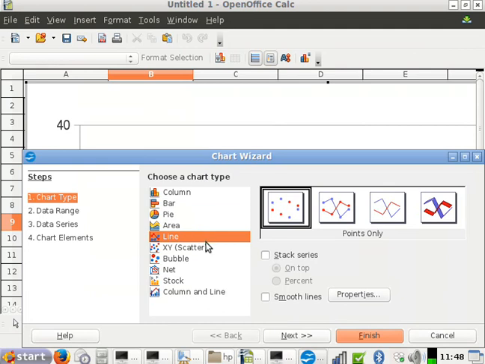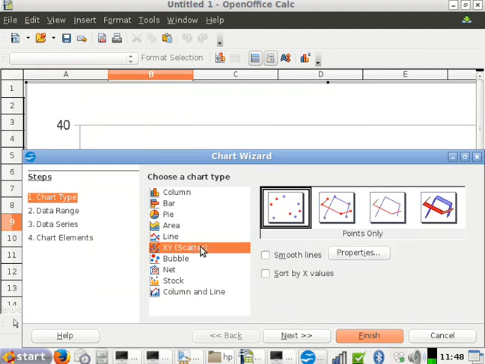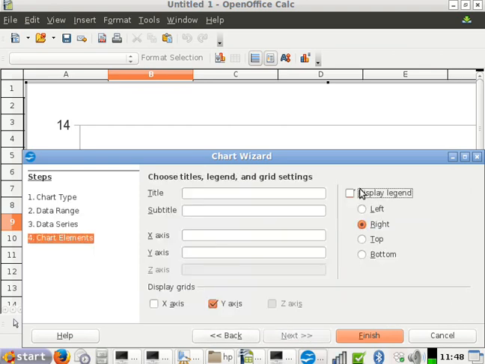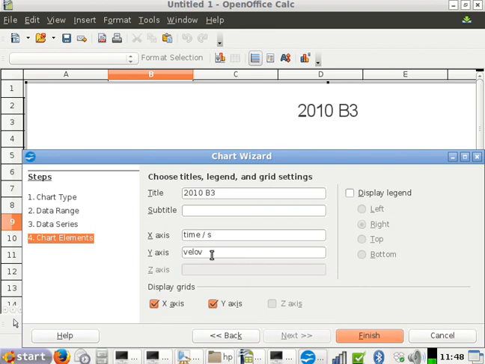Line, scatter with the points connected. Don't do that. This is 2013 B3. The x-axis is time in seconds, and the y-axis is